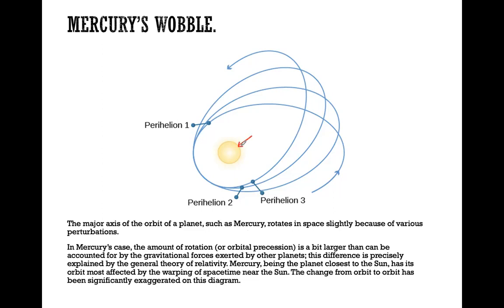And there is an observation that we have had for a long time, this wobble of Mercury's orbit. That means Mercury does not follow the same orbit. When it comes to the next round, the orbit has changed a little bit like that. And the next time it will go like this. So there is a wobble. We call this a wobble of Mercury's orbit. Right? There is a small wobble in the orbit, which actually we cannot explain by Kepler's laws, and also